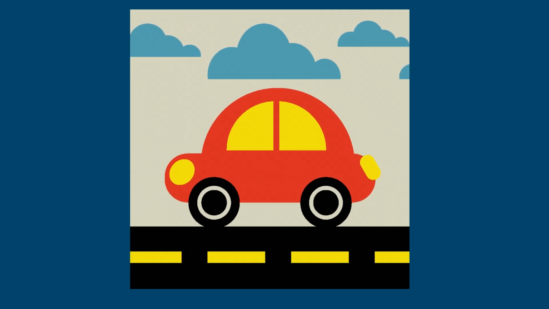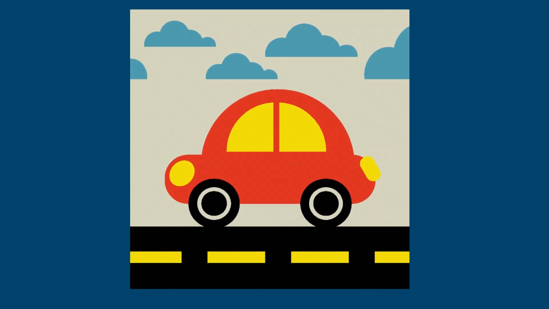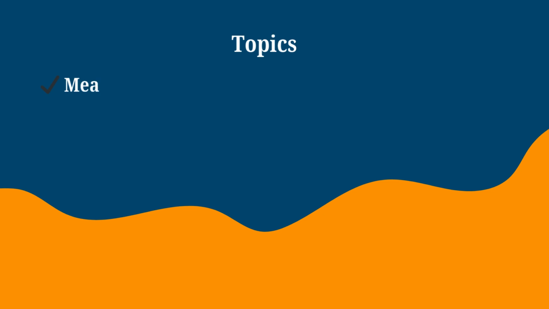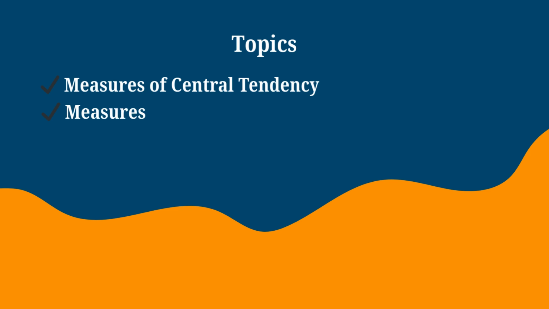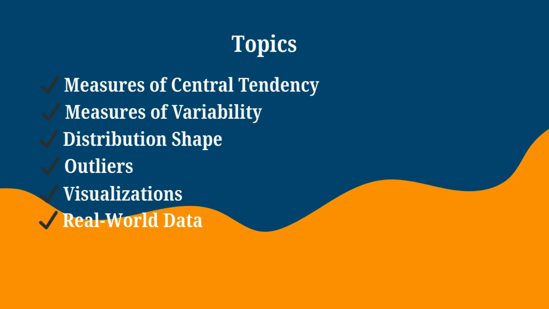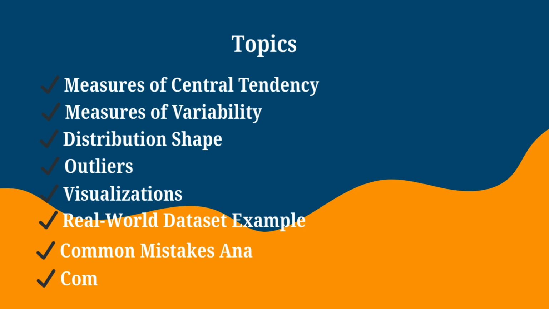In today's video, we are taking a structured, in-depth journey through the most essential components of descriptive statistics. We will explore measures of central tendency, understanding your data's typical values; measures of variability, revealing how spread out your data truly is; distribution shape, identifying skewness, symmetry, and patterns; outliers, detecting values that can distort your interpretation; visualization, using charts that bring descriptive statistics to life; a real world dataset example; common mistakes analysts should avoid; and a complete summary to tie